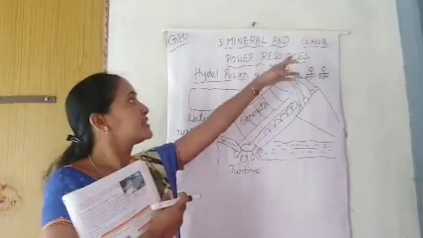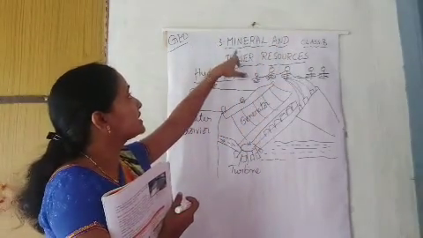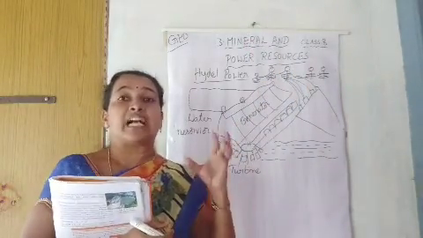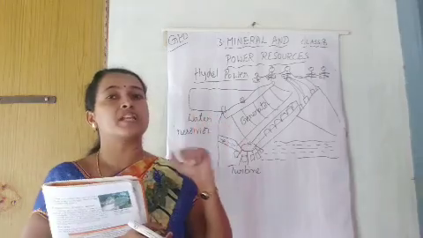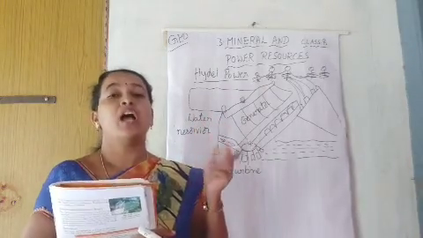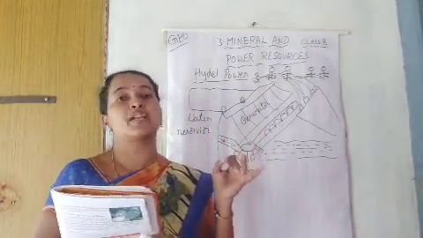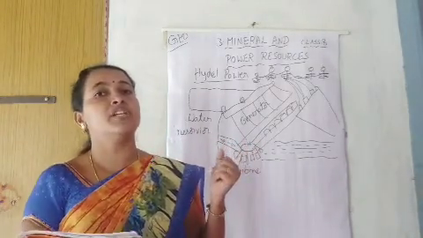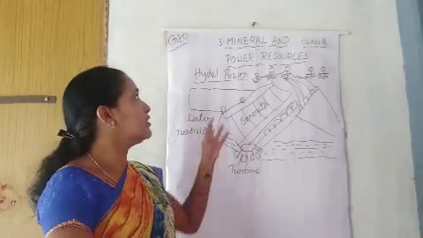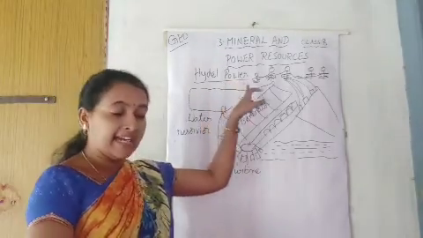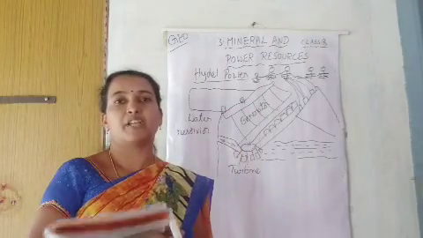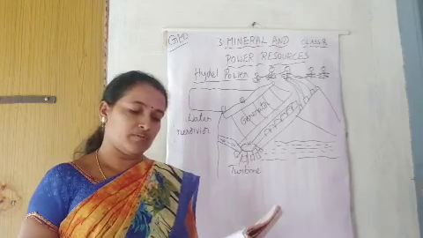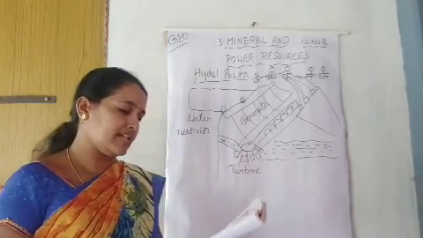Today in this video I am going to explain class 8 geography 3rd chapter, mineral and power resources. In the previous video I explained the conventional types of resources, how we are using firewood, coal, natural gas and petroleum, their uses and in which places they are available. Now in this video you are going to learn about hydel power, that means how we can produce energy using water.